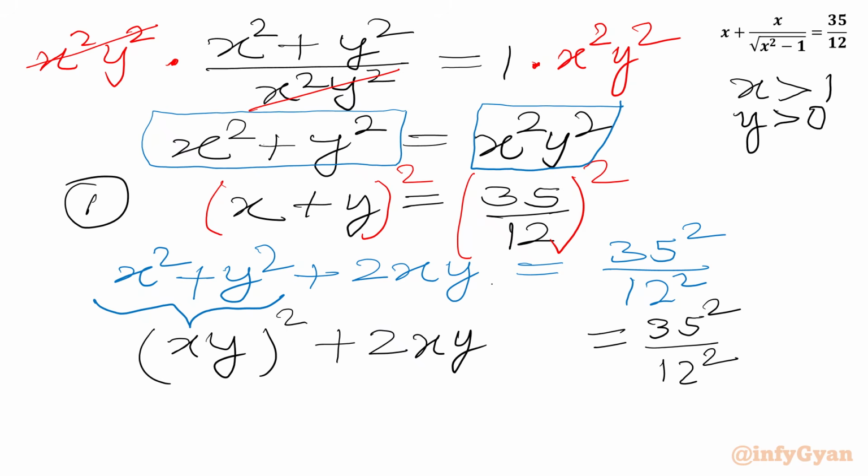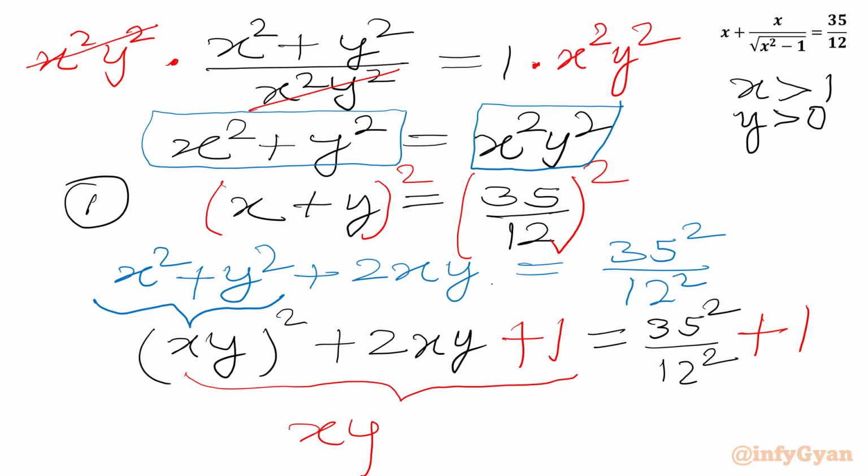Now I will be adding 1 to both sides. Let us add 1 here and let us add 1 over here. Now LHS will become a perfect square of xy plus 1. So we will write (xy + 1) whole square. This will be equal to (35 square plus 12 square)